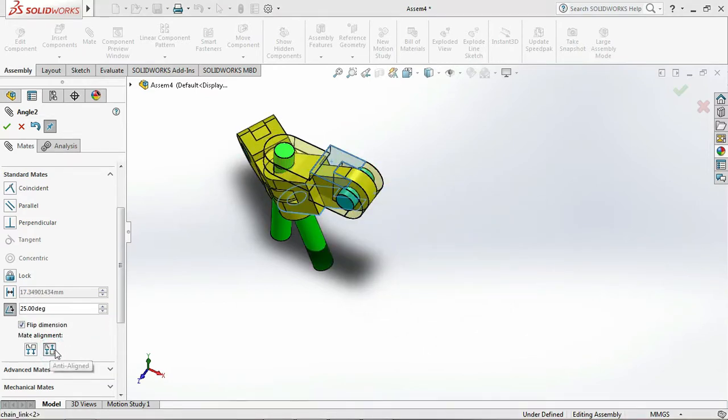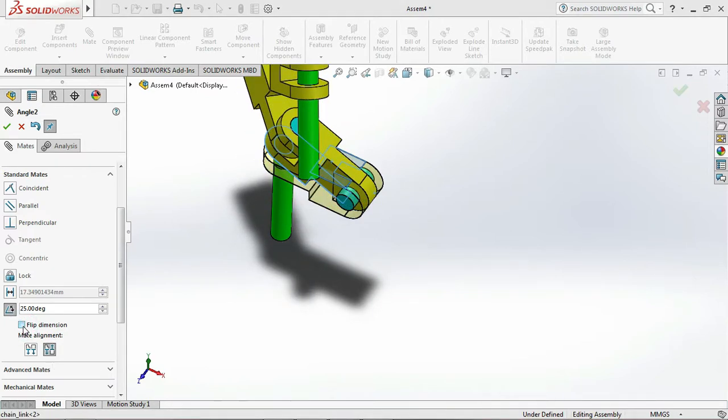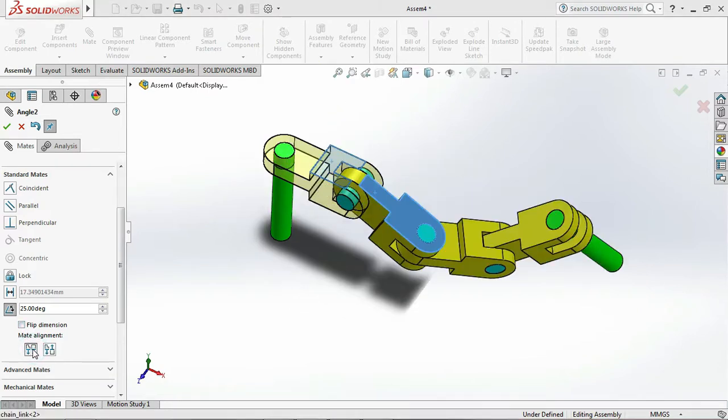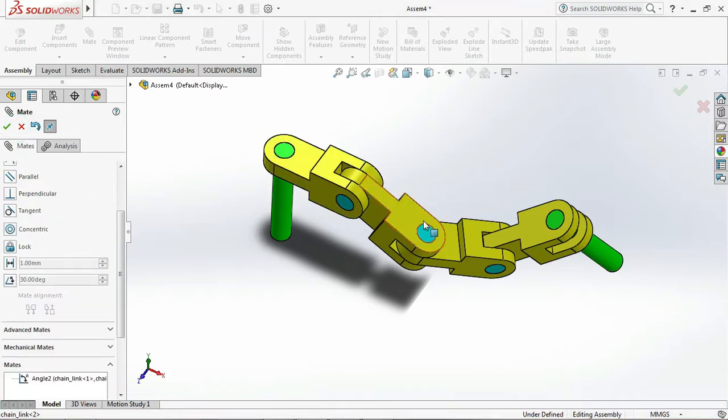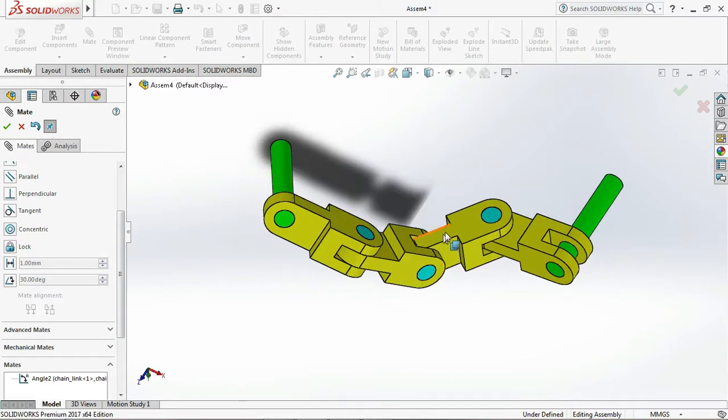And then we just play with these three commands: flip dimension and the mate alignments. So for me, I just untick on the flip dimension, and then click on that one. Yes, it is aligned the way I wanted. So I say okay. So the first angle has been made, and I want to choose the second angle between